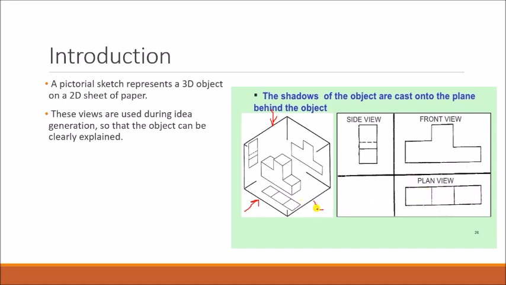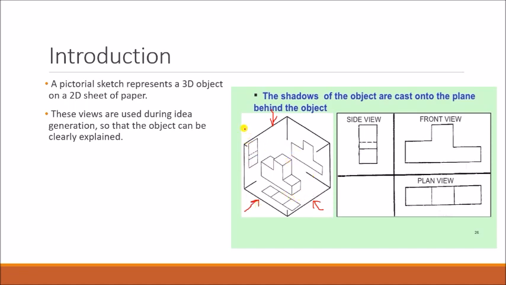For example, now I want a right view. For this right view, its projection, or its shadow, will be falling on the left plane. Hence its right view is drawn on the left plane. Clear? Here two faces are visible, so that one face and these two faces are drawn. Another face is not visible when you are viewing from this side, so that face is drawn using a dotted line. Based on whatever dimension is given, using a dotted line we show the faces which are not visible when you view from one side. Clear? So these are three views that are drawn.